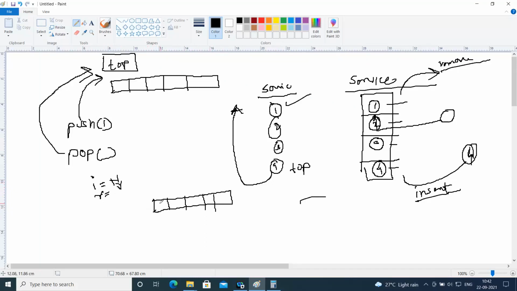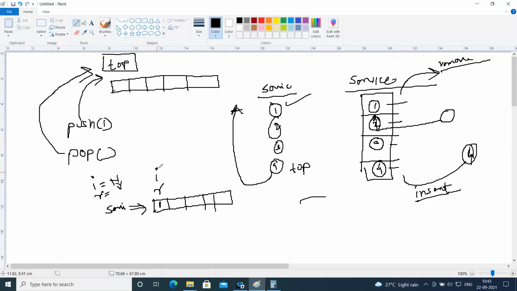As soon as one entity gets enrolled in the service queue, let's say this is the service counter, we know that the removal index, the person to whom you have to give the service, is the very first person. So I will call this my removal index. And where should the new person join? Next to person 1. So my removal and insertion index both are pointing to the first location.